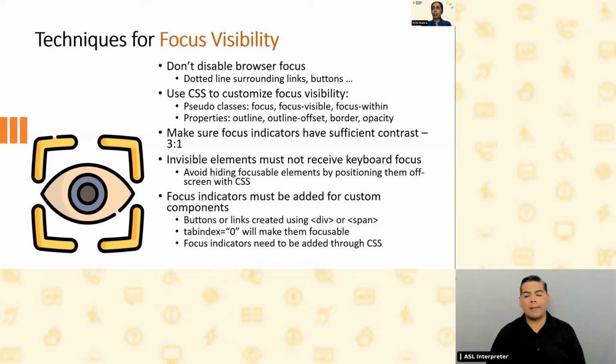CSS has lots of different options to make this happen. When you want to do it through pseudo classes, you have the focus pseudo class, old but yet effective. You have the focus-visible and focus-within. These are the latest additions in the pseudo classes, which can be used. When it comes to different CSS properties, we can use the outline property, opacity, and also the outline-offset property.